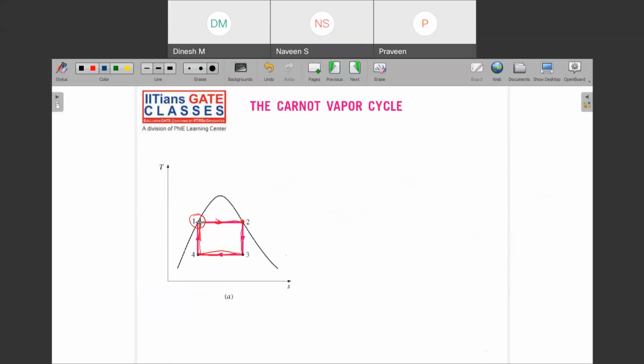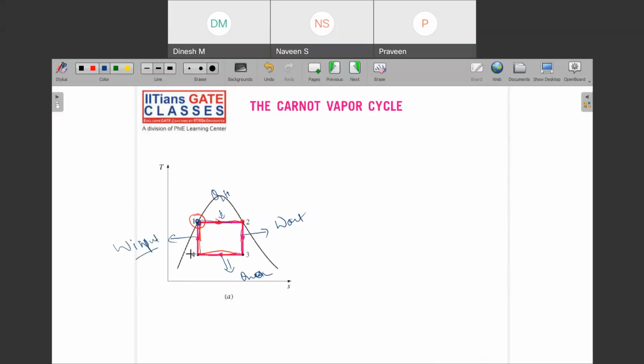Got the idea? Here you have started working and then you have added some heat QH, and then you have some work output, and then you have rejected Q net, Q outside, and then here what you have done is that